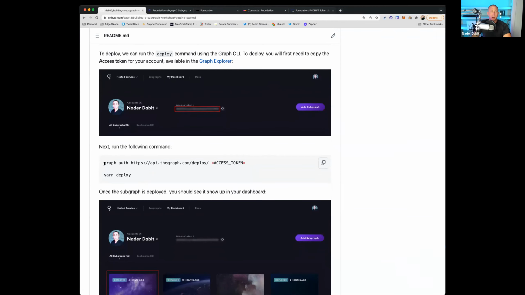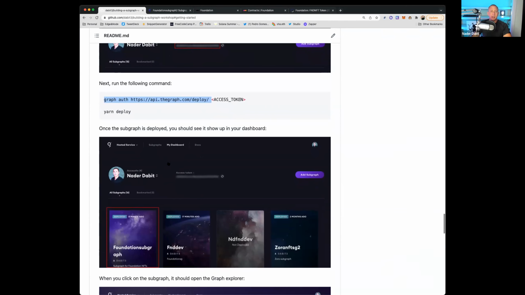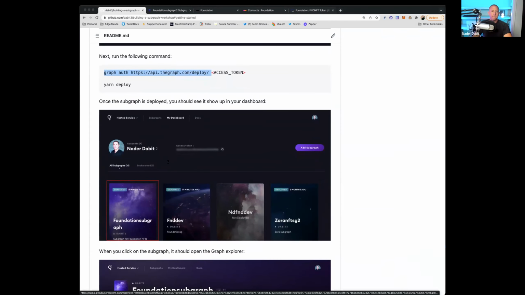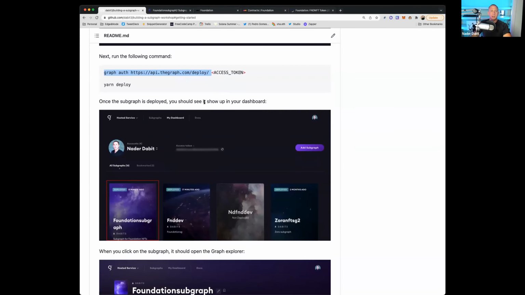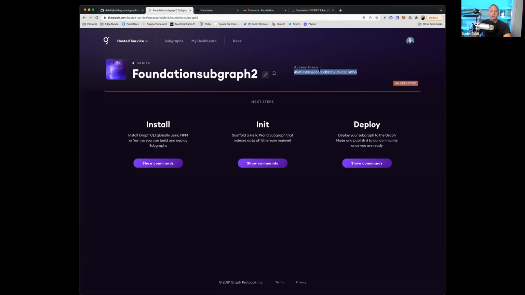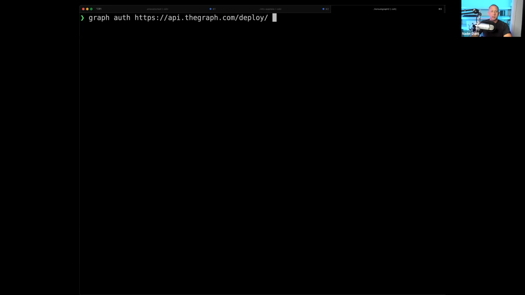So I'm going to run graph auth and then this endpoint, and then I need to paste in the access token. So I'm just going to say graph auth, the endpoint and the token here.